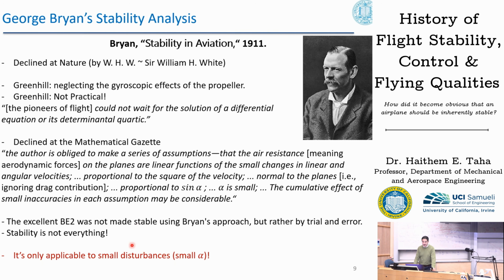So let's go back to Bryan's story. The point is, yesterday before Bryan's work, the community did not have any means to assess stability for small angle of attack or large angle of attack. Airplanes were crashed like crazy. So why don't you guys adopt this mathematical analysis, make use of it to design safer airplanes, and then move together as a community to the next step? It's this behavior, I observe it several times in the history of science, and frankly speaking, I don't have any explanation for it.